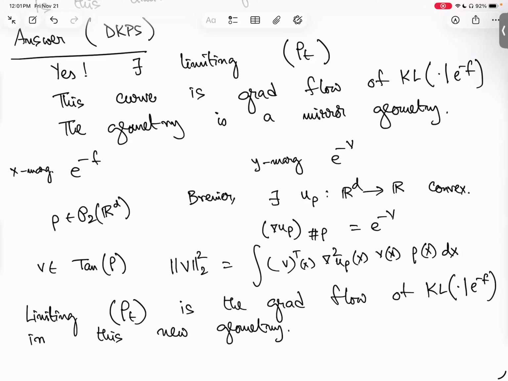How do you feel about this? I'm trying to think how this might be used. Like, would we try to find such a U, if we start out with some problem and we have these fixed marginals and we want to know how Sinkhorn is going to work? Correct. So that was essentially our